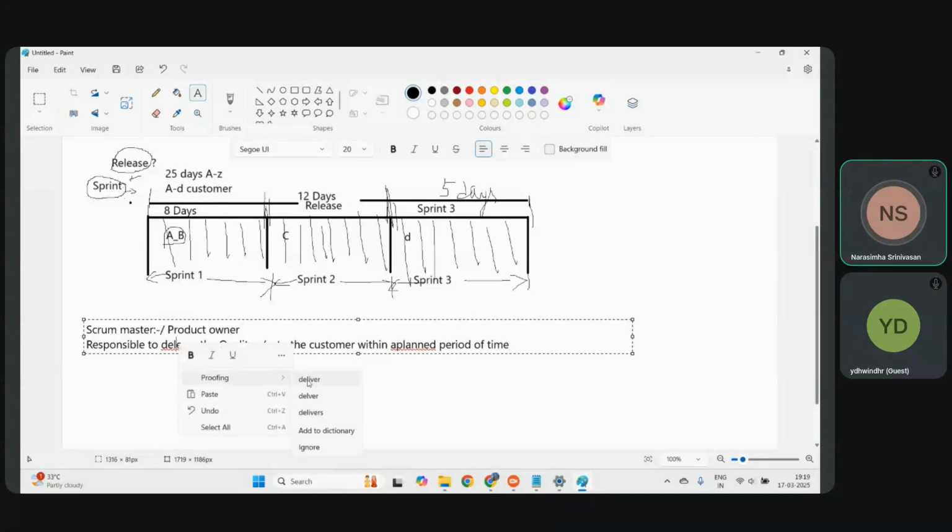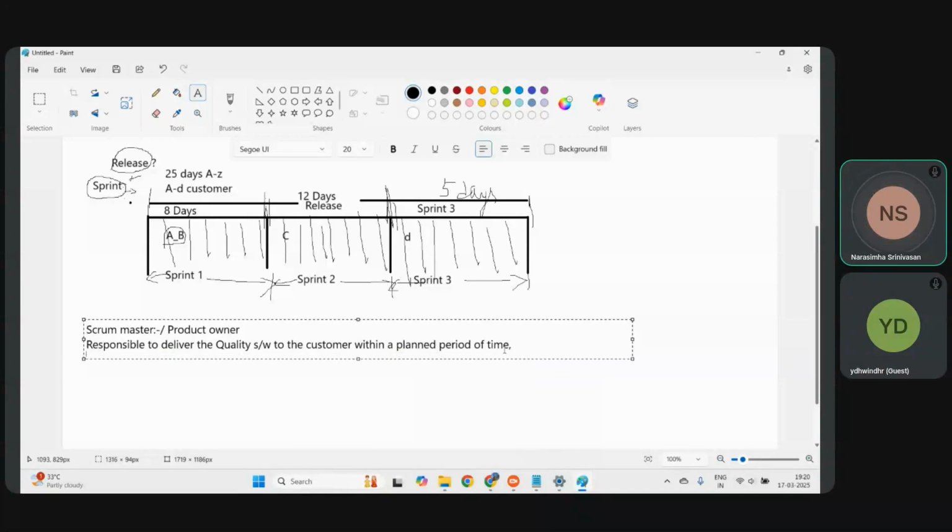What will he do? He will deliver the quality software to the customer within a planned period of time. Who planned? He is only planned. Got it? What he will do is he will be